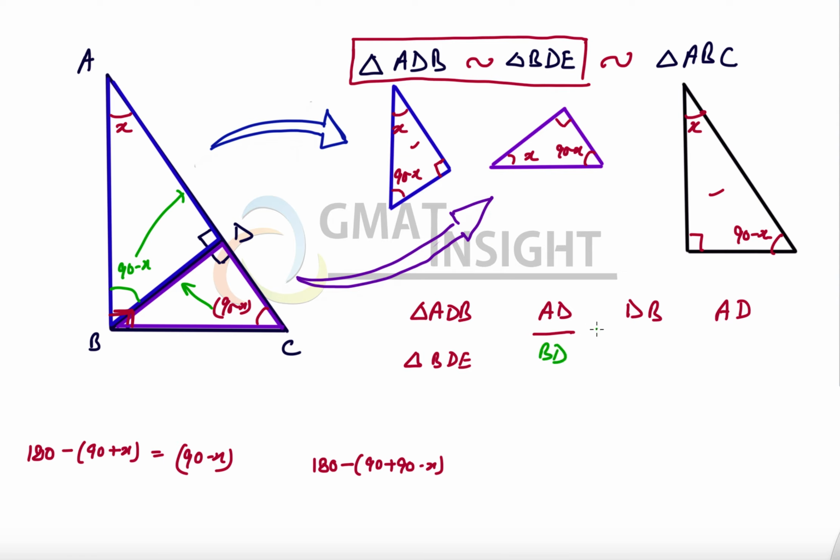So we write AD over BD, that's the ratio of the corresponding sides, the very first one. Now let's look at the second one. So the second side is DB. DB is the side opposite to angle x in the triangle ADB. So in the second triangle, the side opposite to angle x will be DC. So we write DC